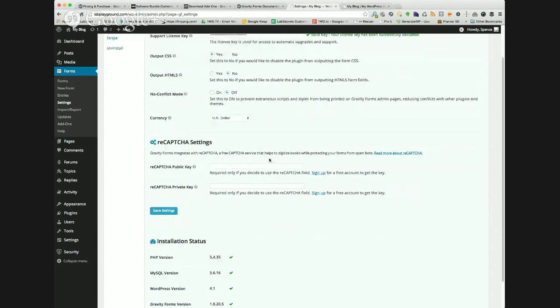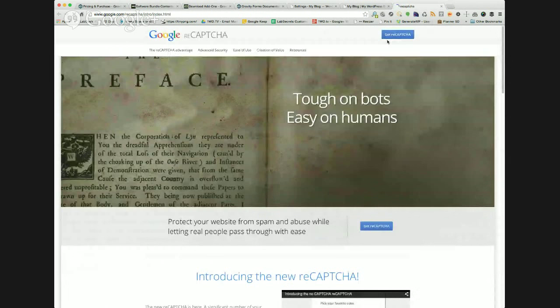There is an optional reCAPTCHA form that comes inside of Gravity Forms, and you need to just go ahead and sign up for it. If you want, click this link, it goes over here, and you can grab yourself